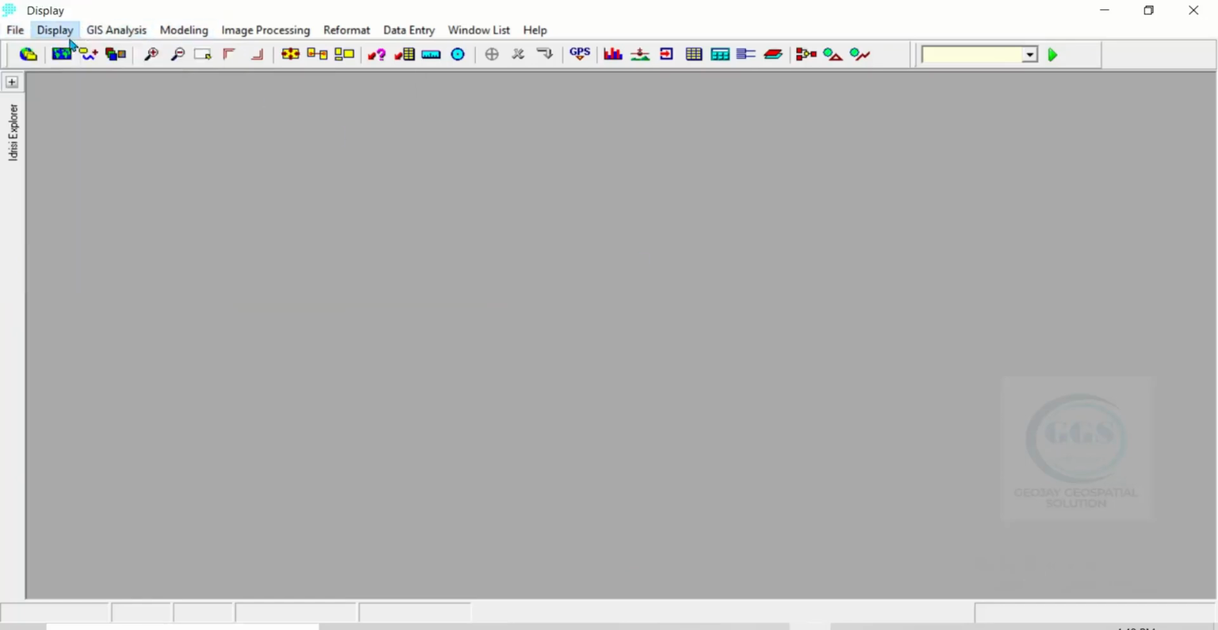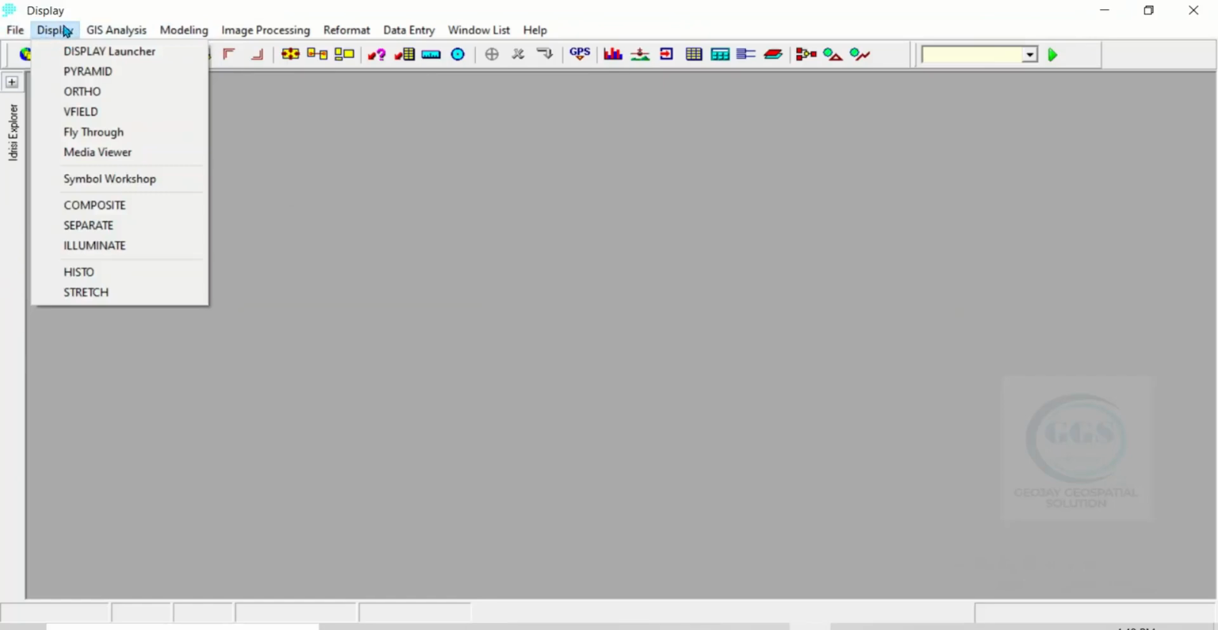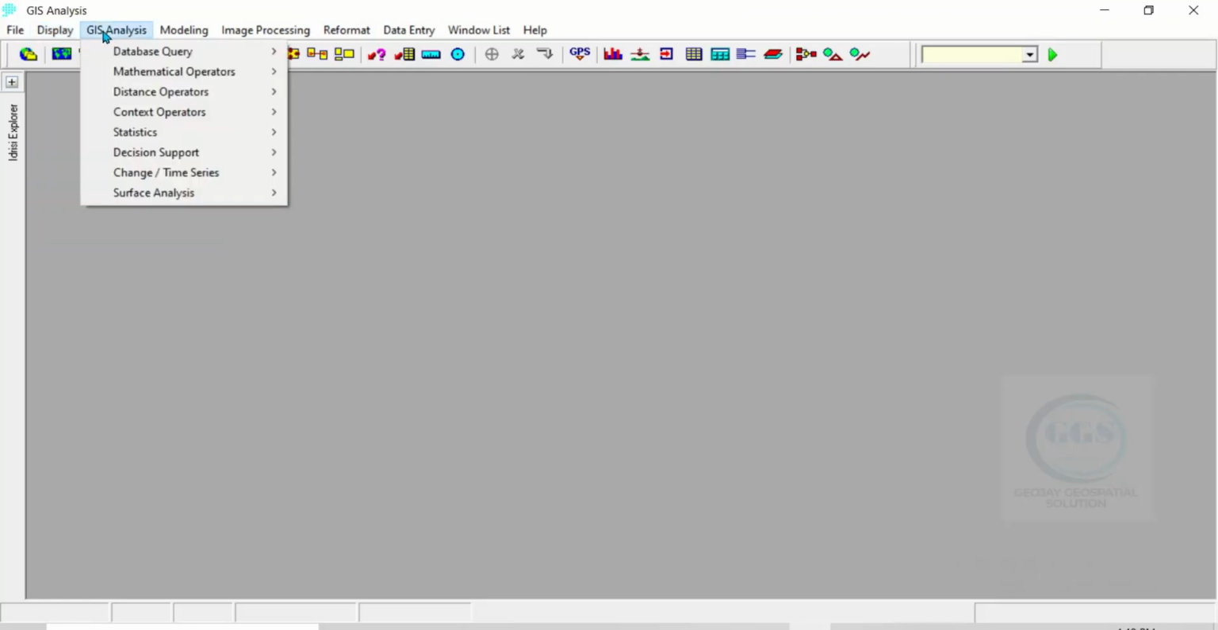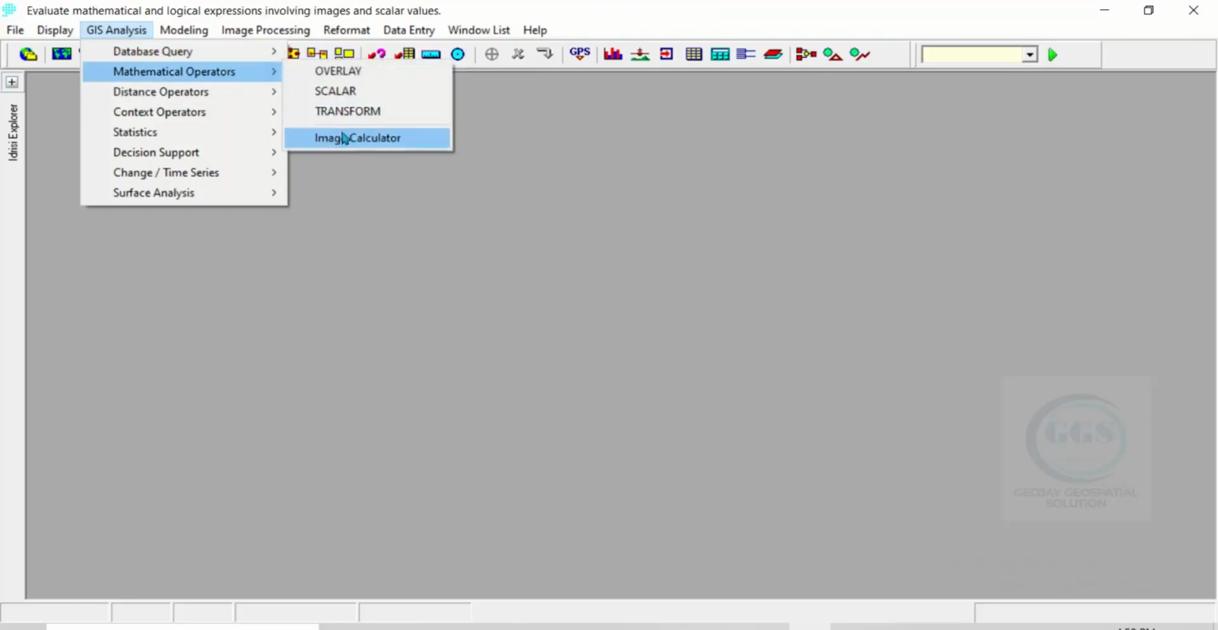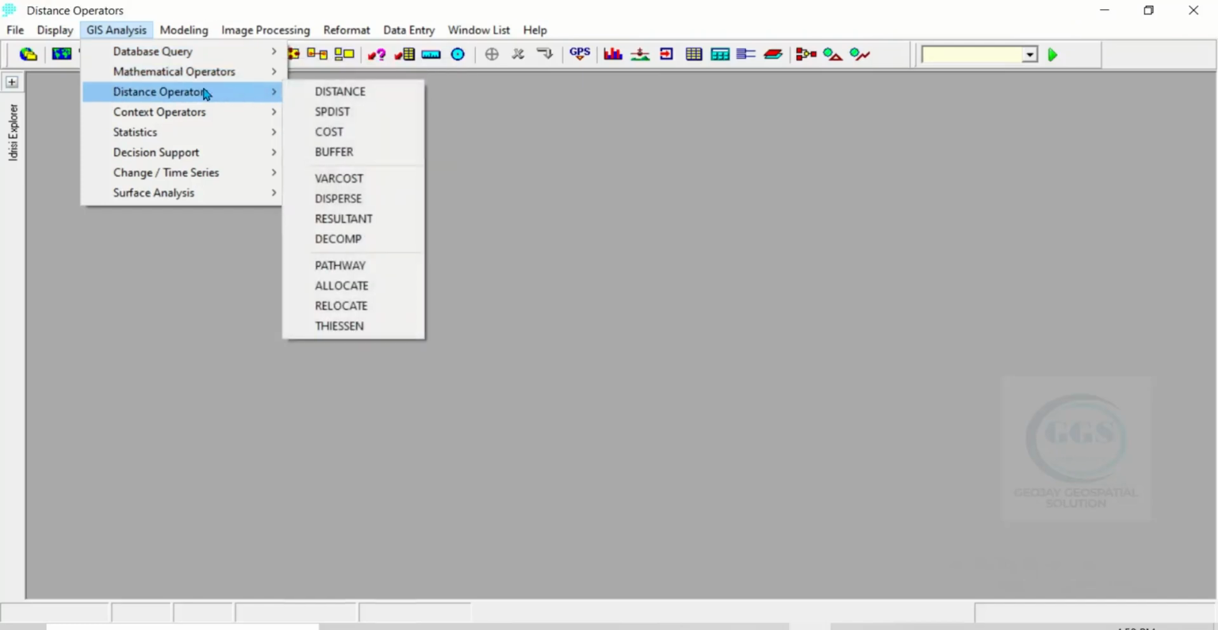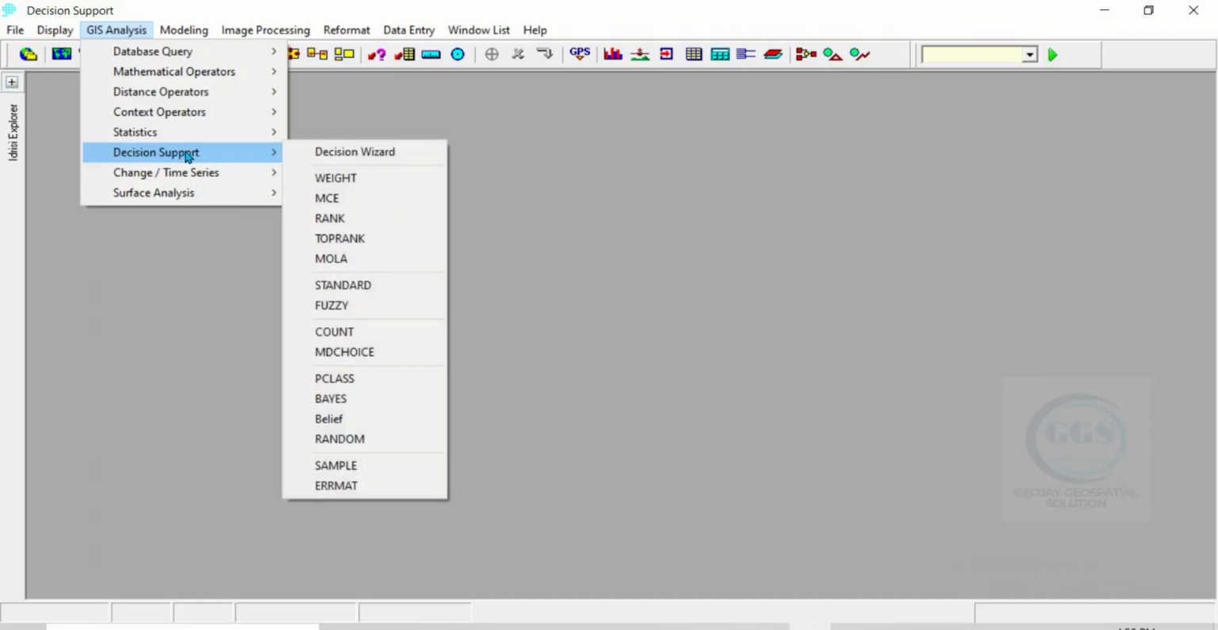So now let's come to Display. Under Display, you can see a whole lot of tools here as well. You can see Display Launcher. Then you can come to GIS Analysis where you can see database query. You can see a whole lot of queries here, and you can see mathematical operators. These are mathematical operators, and you can see distance operators as well. And of course, it has decision support tools where you can do your weighting, multi-criteria evaluations, and a lot of